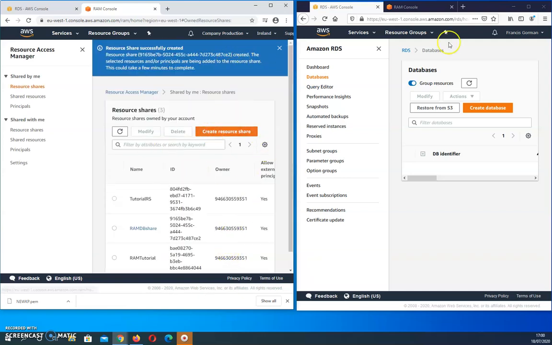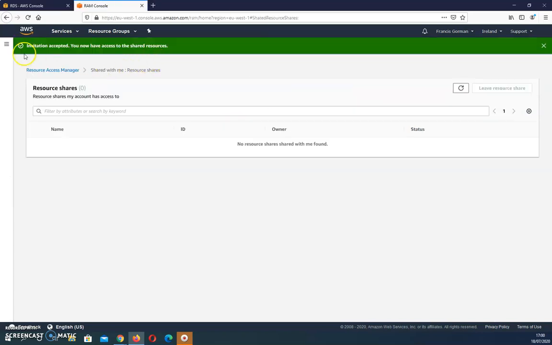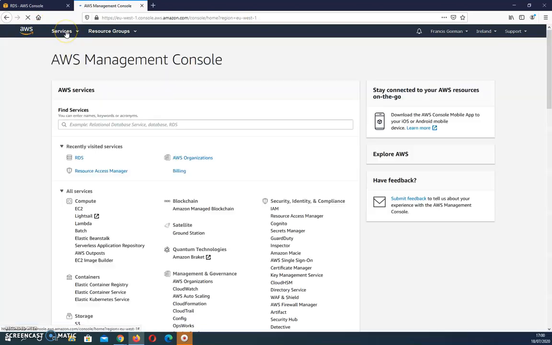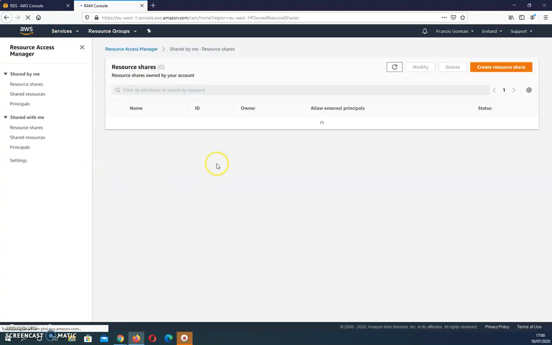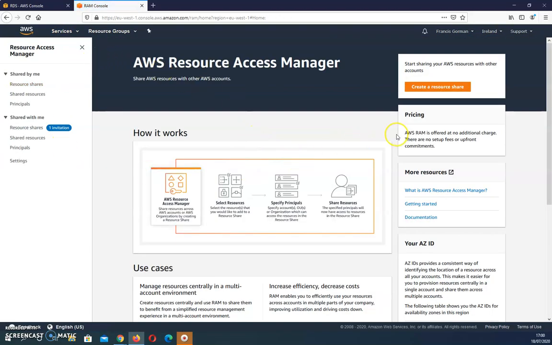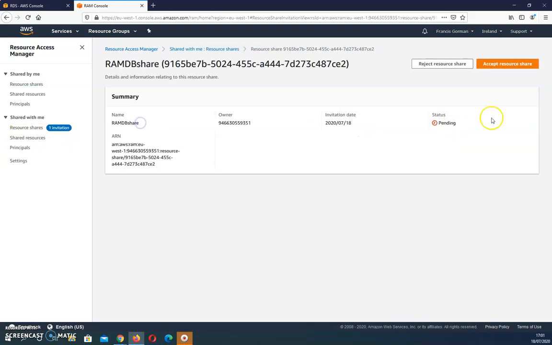Okay, so I've created a resource share. If I jump back over here to the Francis Gorman account and I refresh, I have no database. So why do I not have a database? Well, I have shared the resource with my Francis Gorman account, but I have to go into the console. Let's go to the Amazon Resource Access Manager within my account, and I need to look for resource shares. And as you can see here, I have one invitation, and there we go, RAM database share, and status is